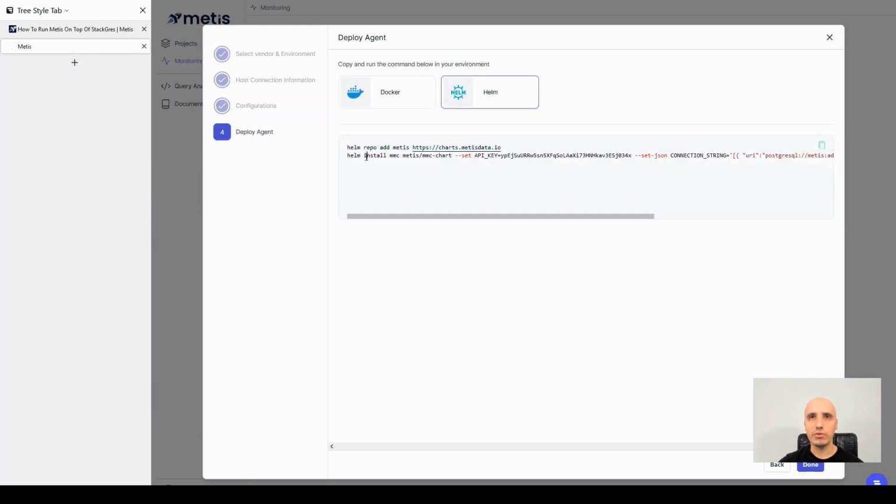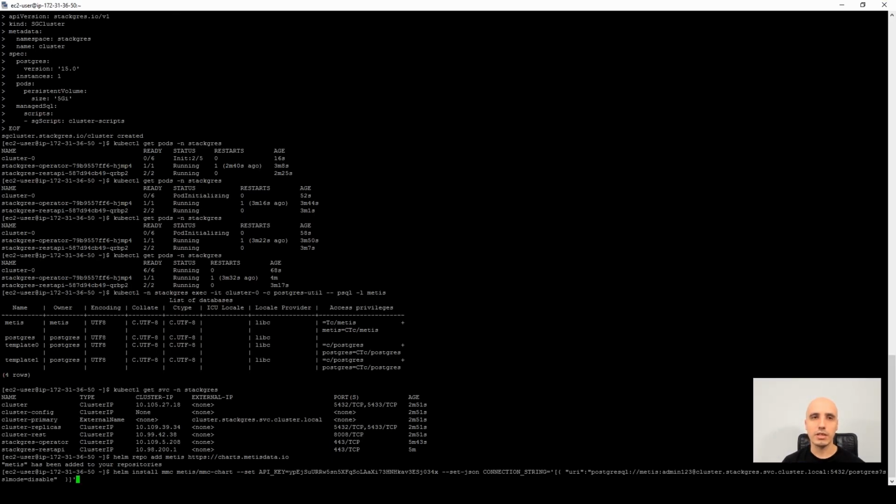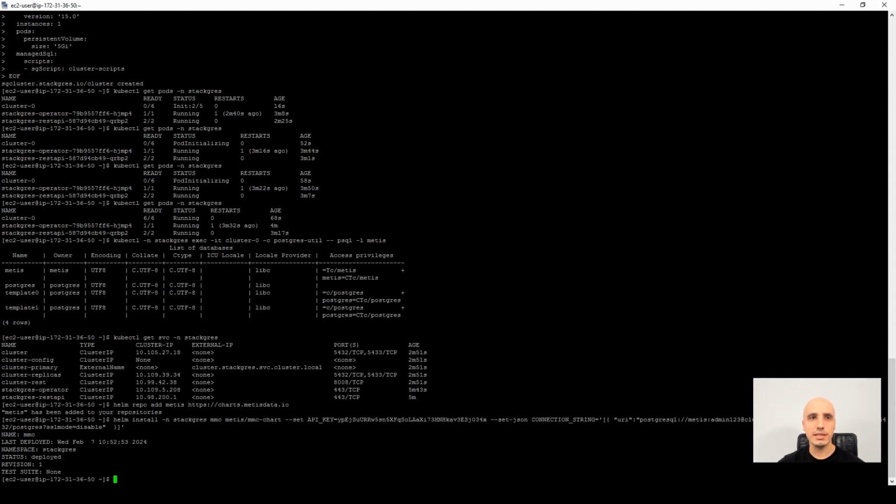And the next thing we need to do is copy this command that is going to install MMC. You can see this command is going to install MMC using the API key. This API key will be different on your end because it's for your Metis project, and using the connection string that we see here. There is one more tweak that we need to do because we deployed everything in namespace StackGres. We also need to extend this command to use the namespace StackGres. So we can now run this command, and you can see that MMC was deployed to the namespace StackGres,